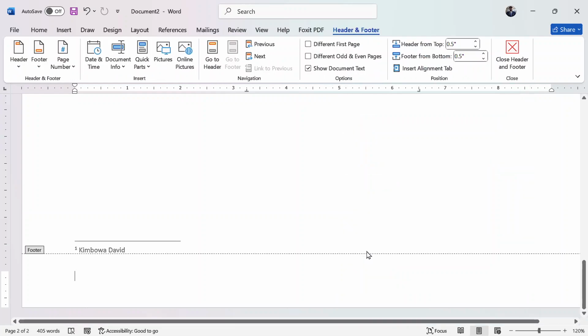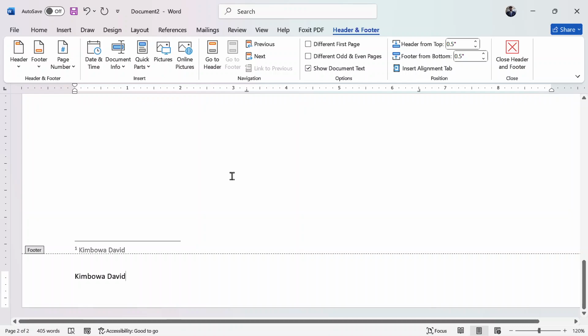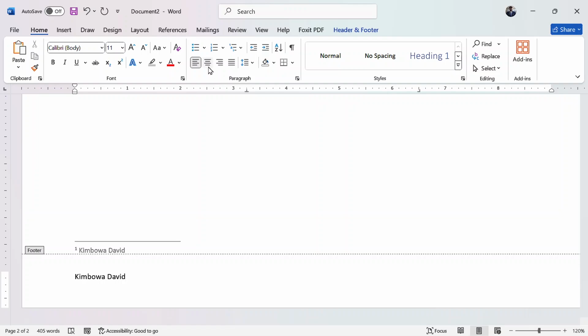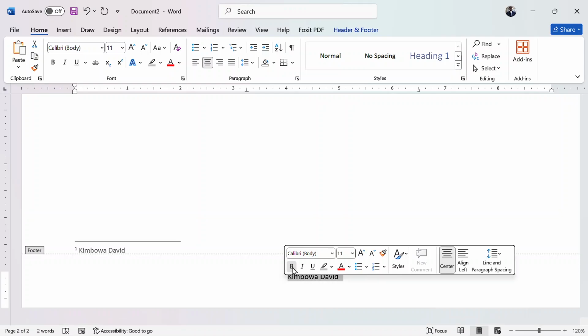When I choose edit footer, it puts my cursor to the footer, and I write whatever I want to put there. I want to put my name as the footer of the document, and definitely put it in the middle. So I go back to the home tab, under paragraphs group, I tap on center alignment, and my footer is centered in the document.